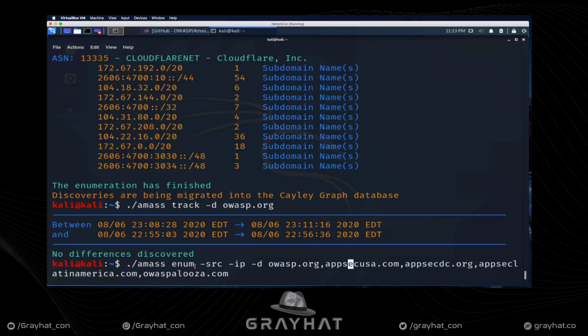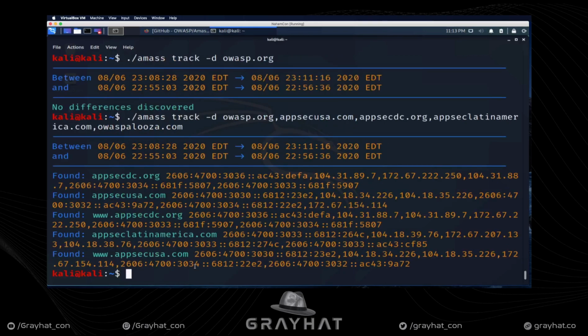request. Now this could end up being interesting, because since we haven't run this 2 times, it could still end up telling us that nothing's different, or even that it doesn't have enough information to give us tracking on some of these, because we haven't run more than one enumeration on some of these domains. Okay, but it did actually